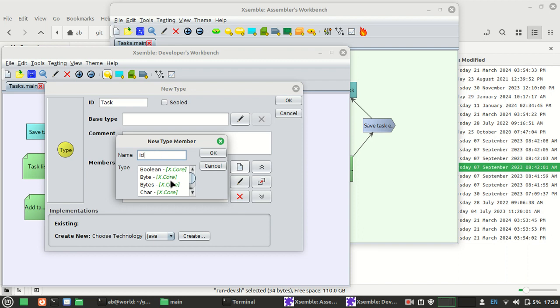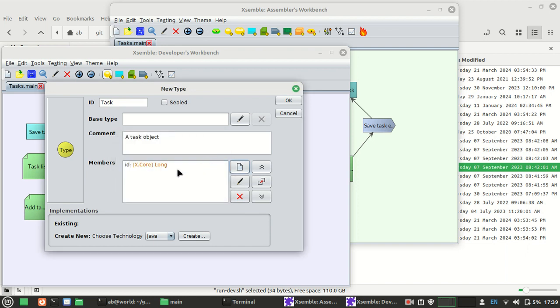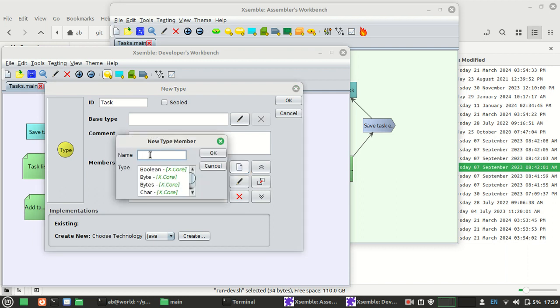Let me create a task ID that will uniquely identify it. Typically it's a good idea to create an integer or long kind of ID so that it can, at the database level, serve as the unique ID on the database side. Then there is a name of the task, which is going to be a string. If you want, you can add a description. But even if you don't add a description, what is most important is to add a due date, and that's going to be a date,